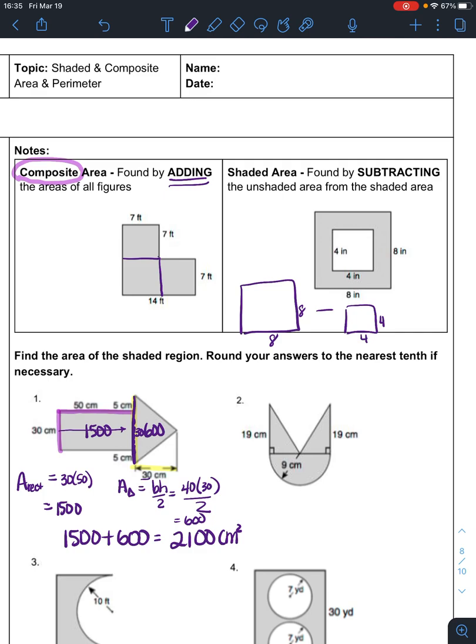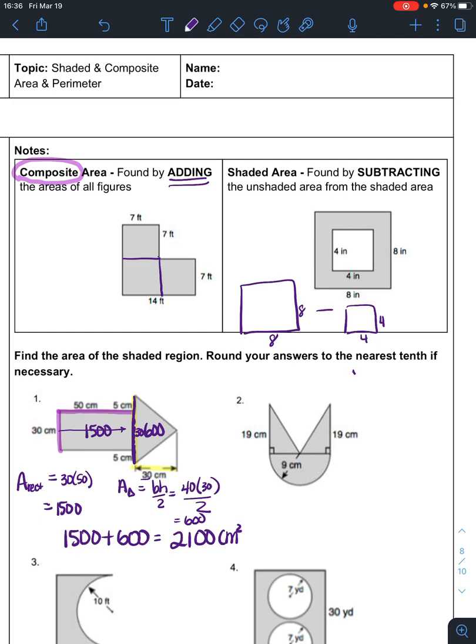Now, on number 2, you could do it a couple of ways. You could take away that triangle piece, and you do know the height, and you do know the width of it, so you could do it that way if that helps you. You could look at it like this, as a square or a rectangle with a half circle on the bottom of it, and then take away the triangle. Or you could find the area of each of the triangles and add that to the area of a half